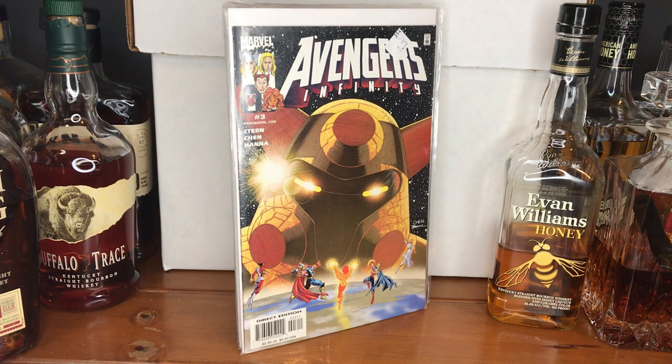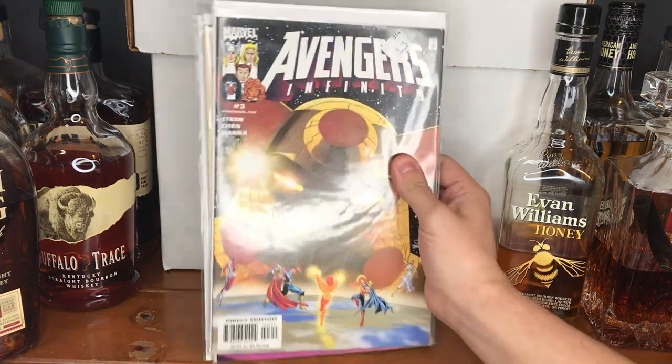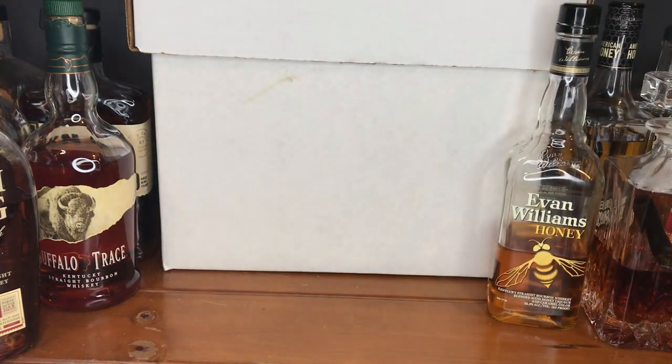This is by Stern. I'm not for sure how many issues were in this run. I was thinking this was a sort of mini run, but I have a few others in this run, and the appearance of the Eternals there, obviously, and some of these cosmic players. Those are some stories that I really enjoy jumping into, so hopefully I can collect these others soon and give it a good read. I'm going to set these off to the side for the final